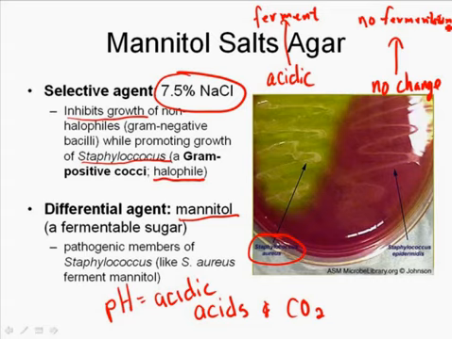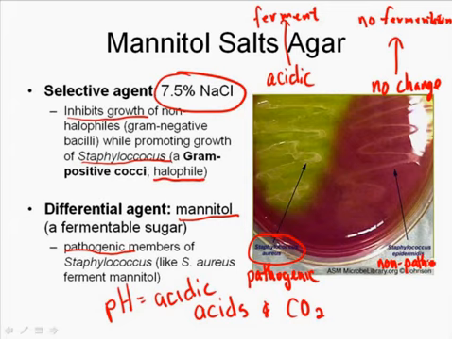Now, this actually is beneficial in being able to identify pathogenic Staphylococcus, because typically pathogenic members of this genus can ferment mannitol, whereas non-fermenters of mannitol are typically non-pathogenic. So when I look at this plate, what you see is Staphylococcus aureus is a pathogenic member of staph, where Staph epidermidis is a